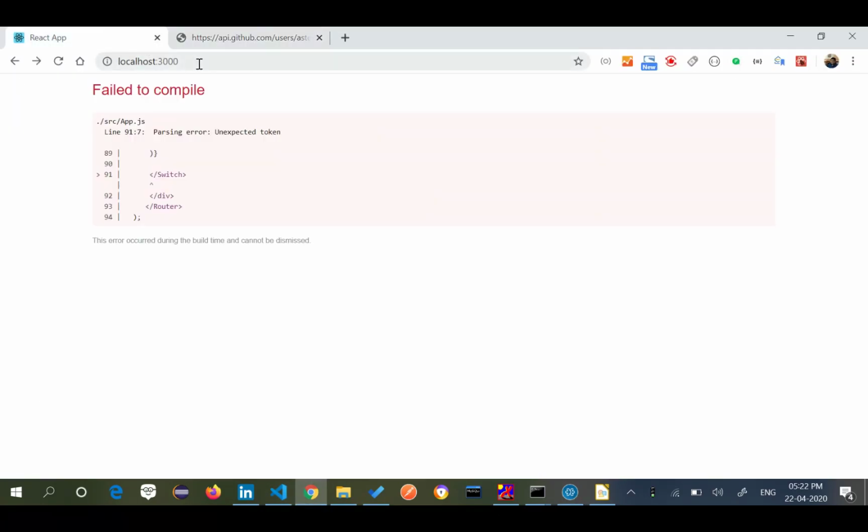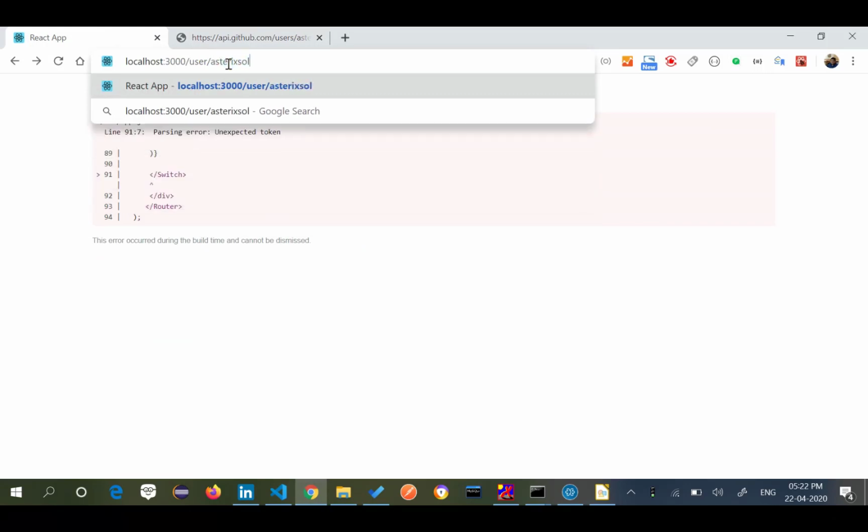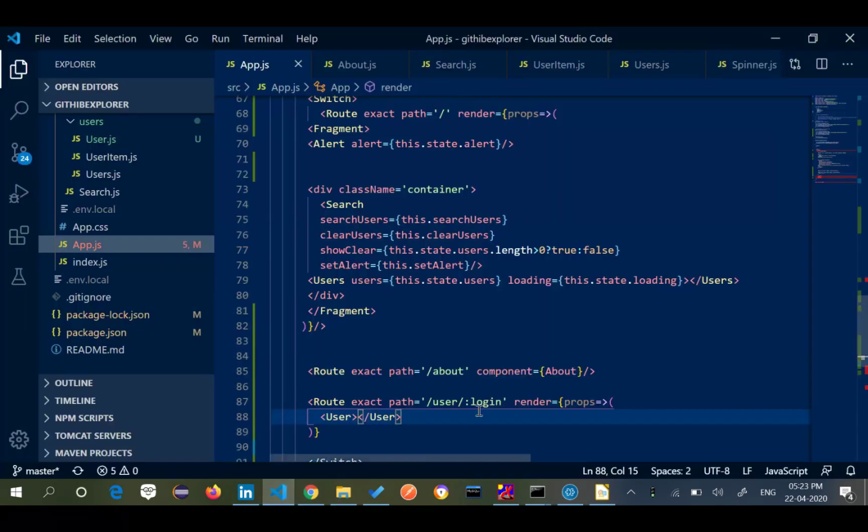So let me try that. If this is slash user slash solve, okay, I made some mistake here.